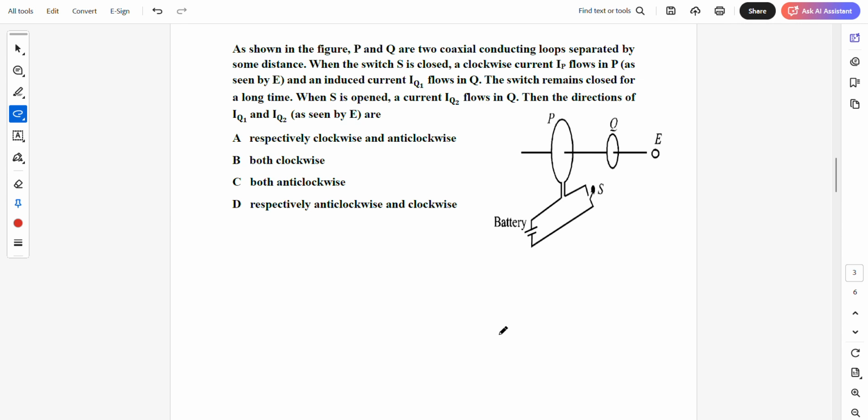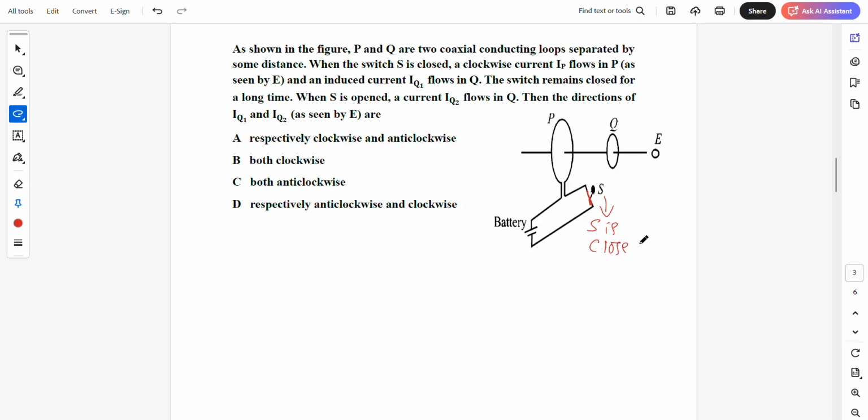Now first problem. As shown in the figure, P and Q are two coaxial conducting loops separated by some distance. When the switch S is closed,